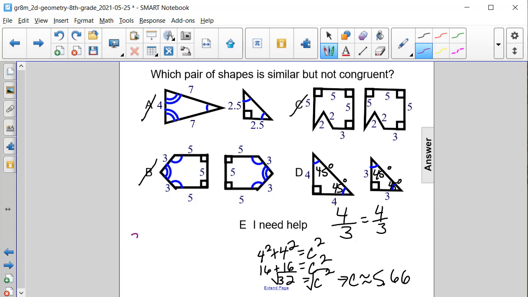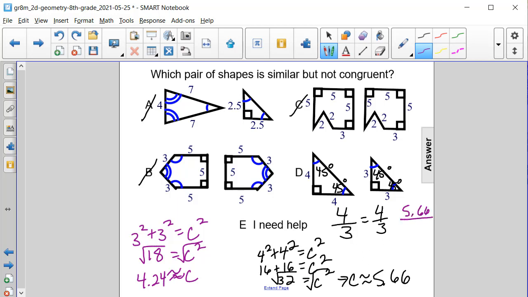Now let's use the same strategy but find the length of this side over here. So we have 3 squared plus 3 squared equals c squared. So that's 9 and 9, which is 18, is equal to c squared. When we square root 18, we're going to get that c is approximately equal to 4.24. So if we set up